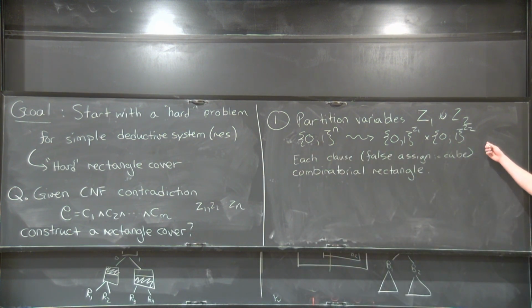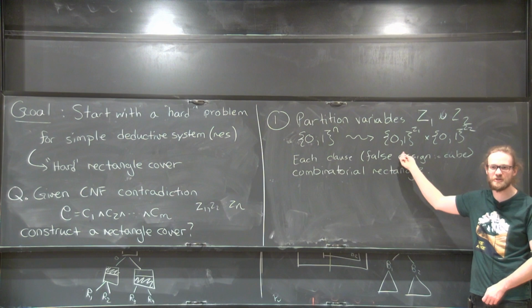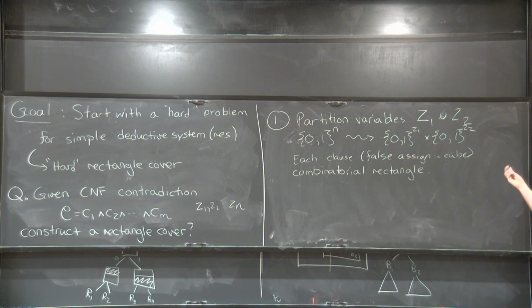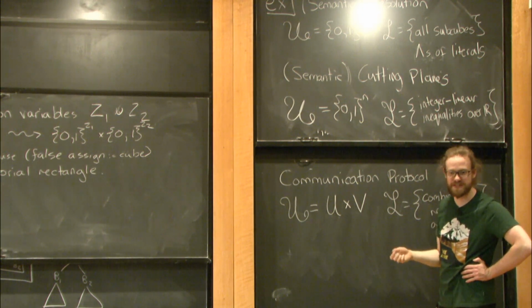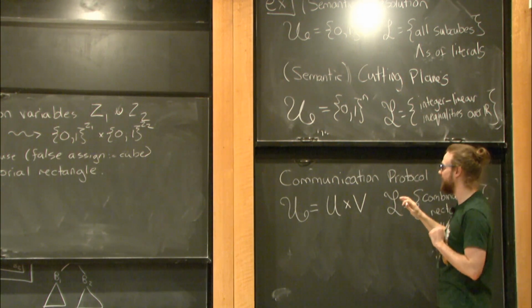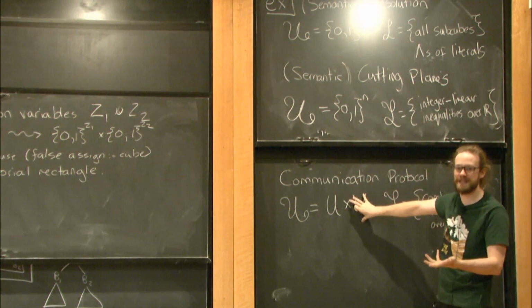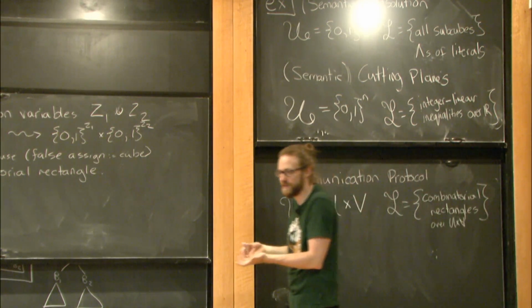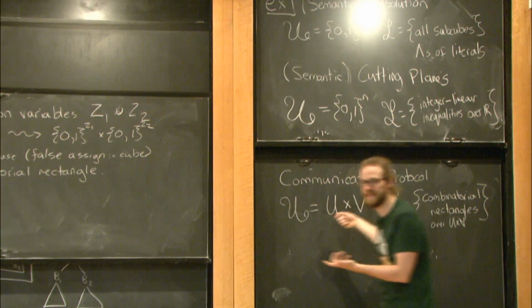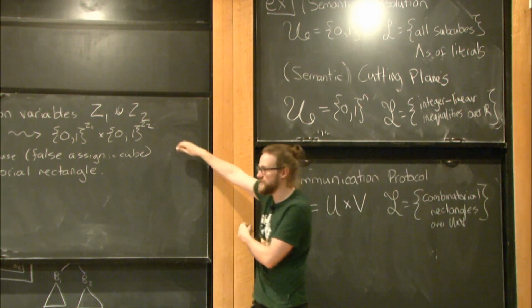So this works, but it turns out that general combinatorial rectangles are much more rich than just subcubes can be. So while this transformation certainly turns a proof of this into a proof of this, and in fact what it shows is that from a proof system perspective, if I start with a resolution proof, this system can simulate resolution effectively. It doesn't necessarily preserve hardness, right? There's nothing, because this system can of course do reasoning outside of this case. But I'd like to point out that this was actually useful in some cases.